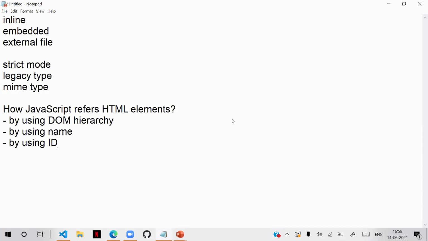That means the same ID cannot be given to another element, so you can have a unique reference. Another advantage is you can access any element directly without following the DOM hierarchy, from any level. That is good about ID.